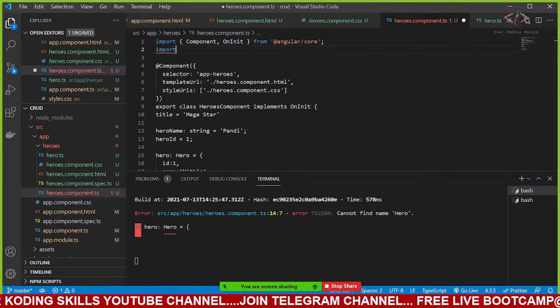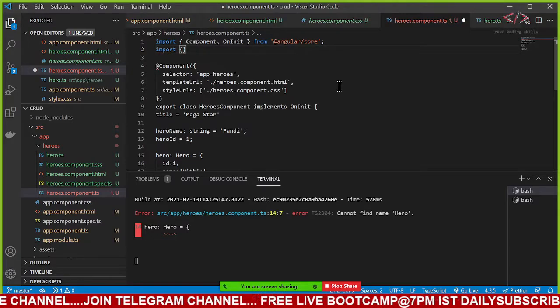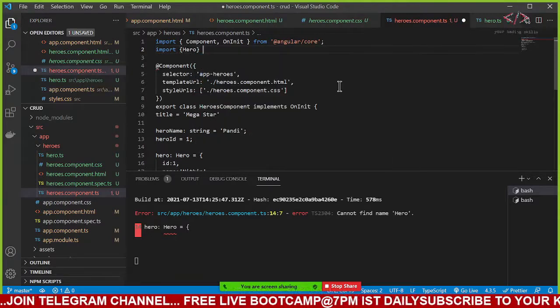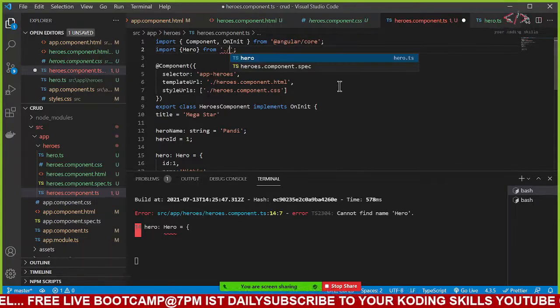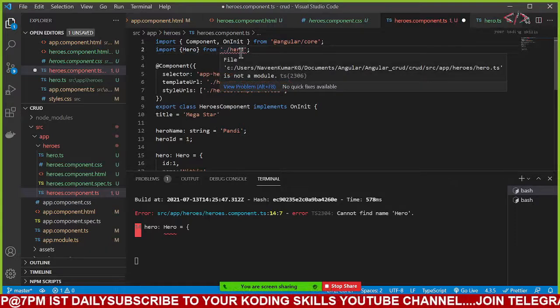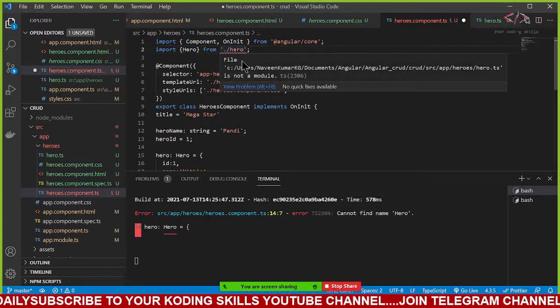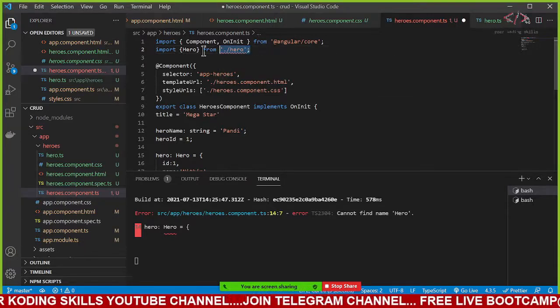If you are taking something from somewhere, for example, there is something called hero here, from where is it? From the exact file, which is hero.ts. Now if you see here, what does it say now? It says that this file is not a module. Whatever you're taking from hero here,